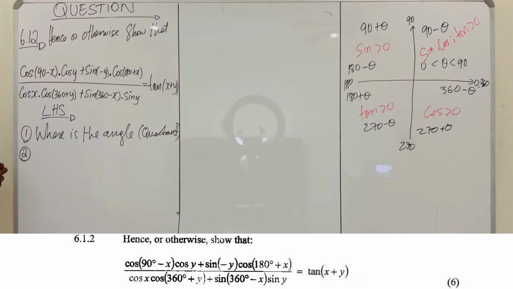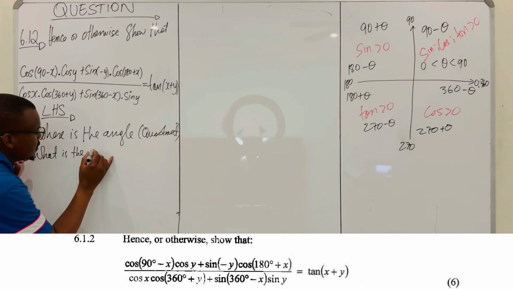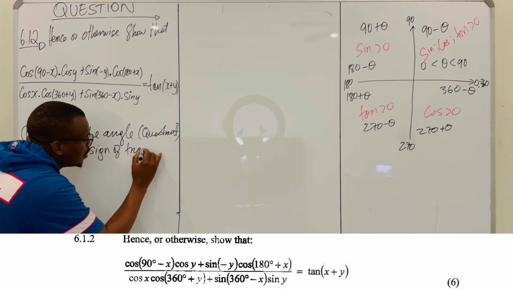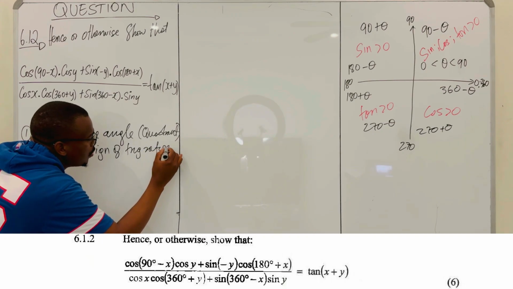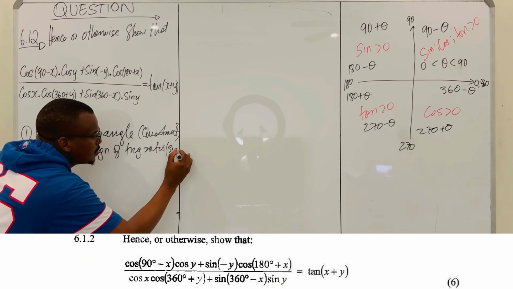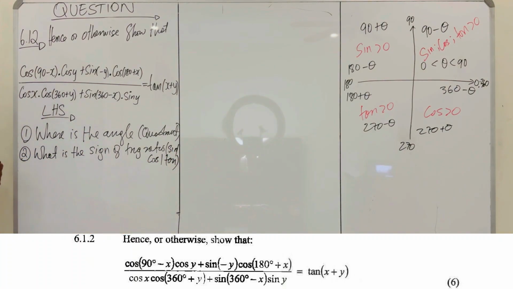Question number 2: what is the sign of your trig ratio? When you say trig ratio, you're talking about your sine, your cos, or your tan. You're asking the sign of a trig ratio. And the third,